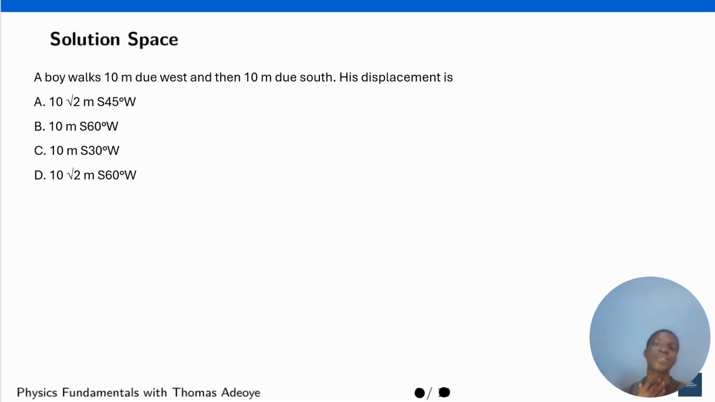To begin with, we are going to solve this question. A boy walks 10 meters due west and 10 meters due south. His displacement is what? Okay, so one of the things I want you to understand in physics is that whenever